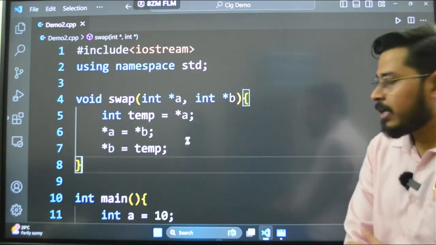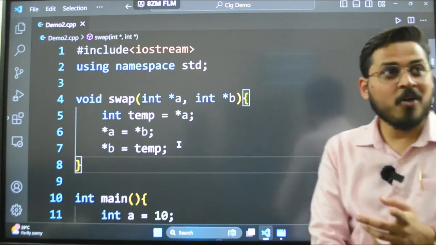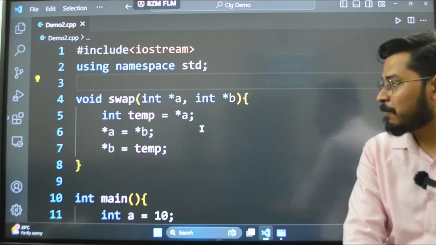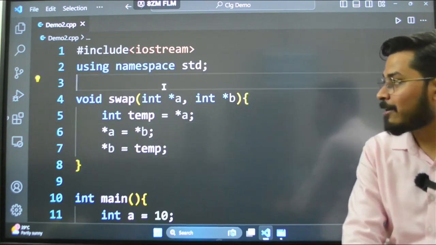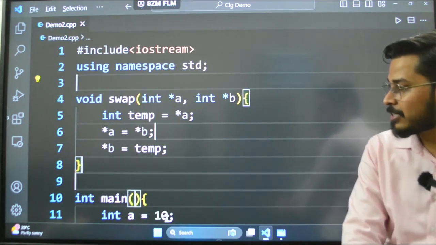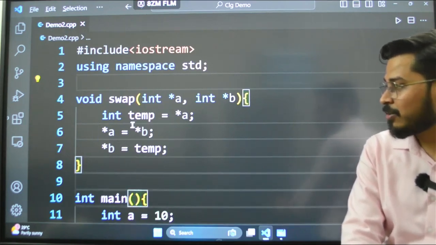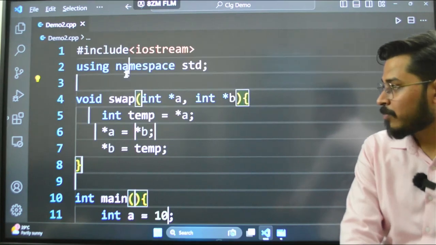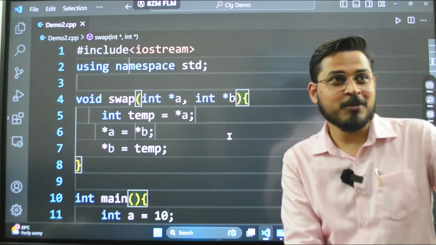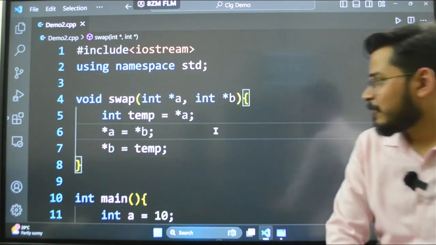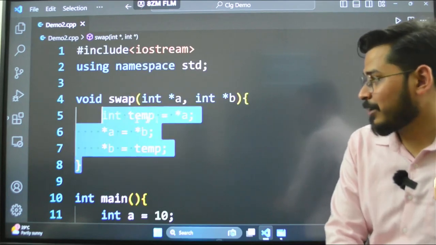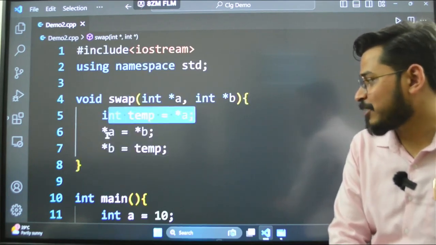If you have a doubt how I did this, in VS Code you can place multiple cursors in multiple places by holding Alt on your keyboard. This is a good feature of VS Code that you can use. In this case, I have made everything a pointer, and I am using pointer arithmetic basically.